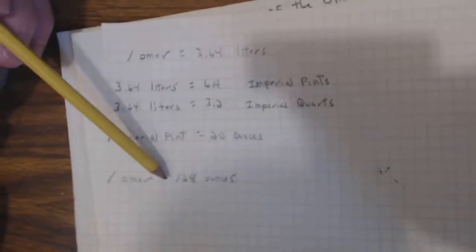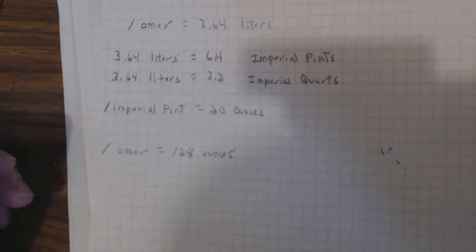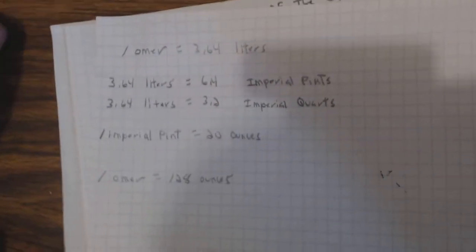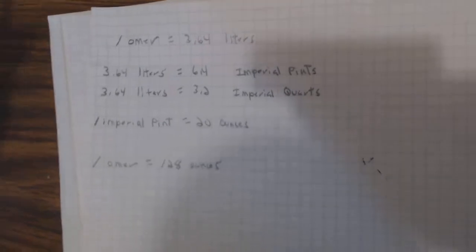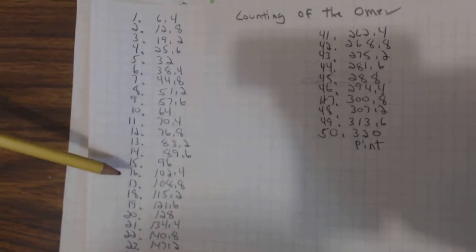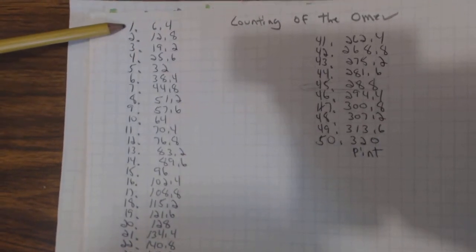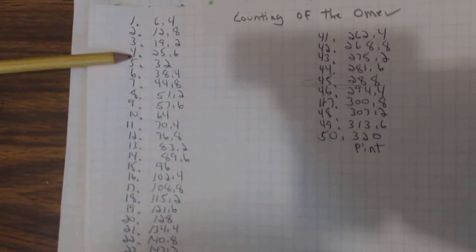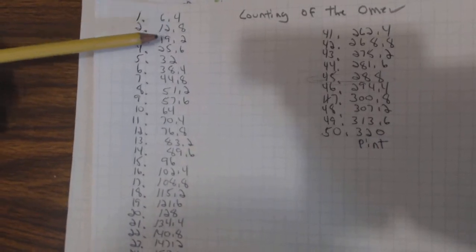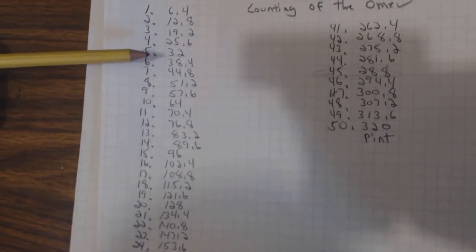And we're going to see what happens, as every day an Omer was counted, on the 27th day of the counting of the Omer when converted to imperial units. So this chart here, I marked off every single day, 1 through 50. This is the counting of the Omer, and this number here represents the first day, second day, third day, fourth day, fifth day, and there's certainly a lot more going on here, but I'm going to concentrate on the 27th day because it's what really stands out.